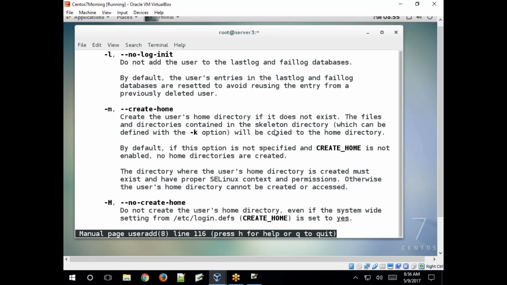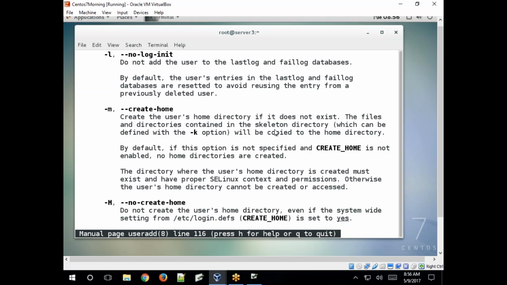And one more option is there. -m, create the user's home directory if it does not exist. The files and directories contained in the skeleton directory defined with -k will be copied to the home directory. So if you specify a different home directory, for example if the user already exists, or if you want to create a user with a different home directory, the shell files will not be copied to that different home directory.